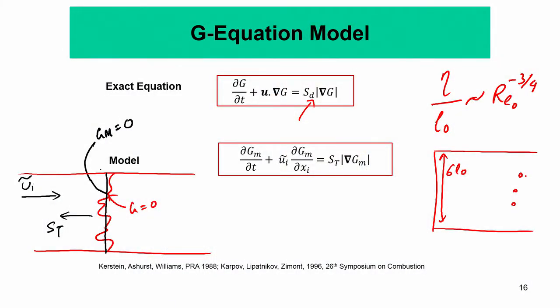We will see that there are two major points of difference. Number one, the thickness of this averaged flame will be much thicker than the instantaneous flame, and two, it will propagate much faster, because its surface area is much bigger